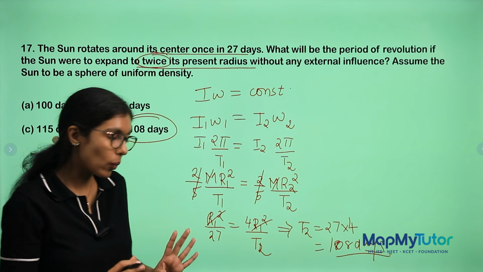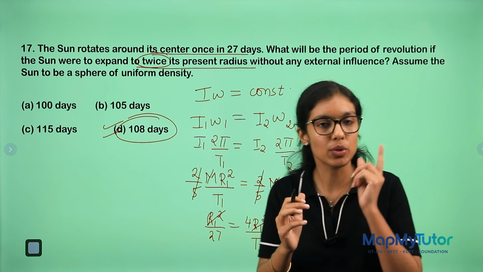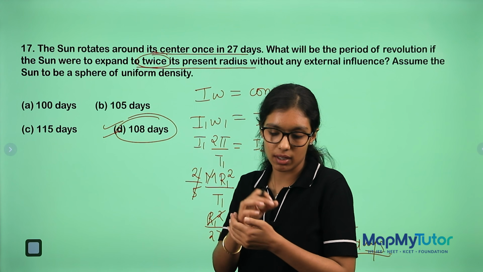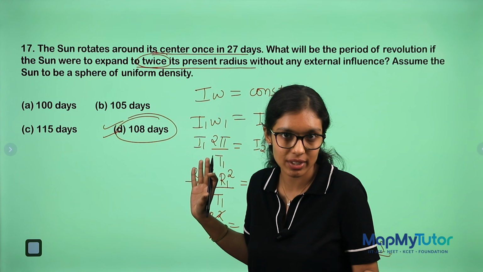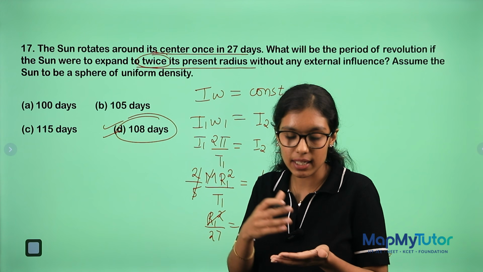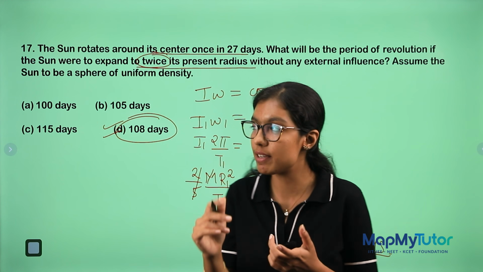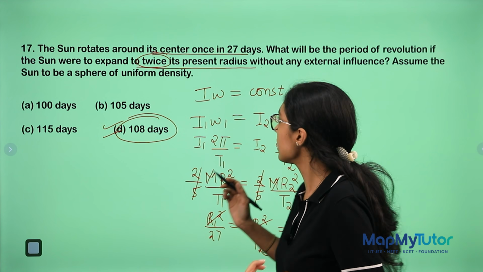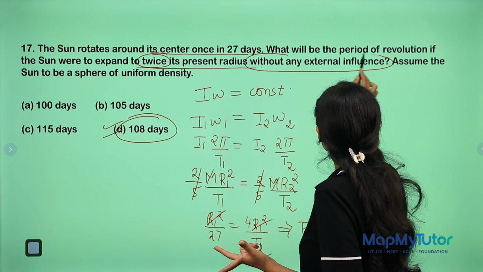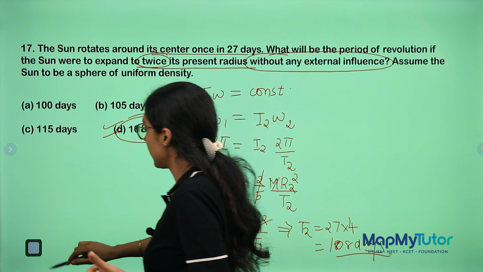Easy. The major motto of this question is to confuse you through your chapter. First you will think it is gravitation, you will start solving gravitation, later you won't find the answer and you will skip the question. But it is not from gravitation, it is from rotational mechanics. How did I get to know it is from rotational mechanics? Because it is written 'without any external force'.